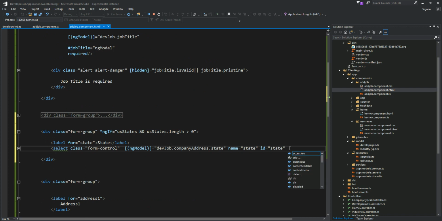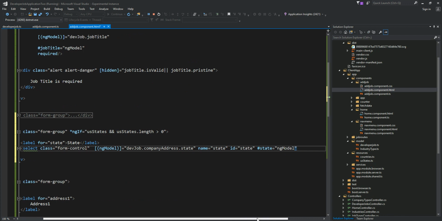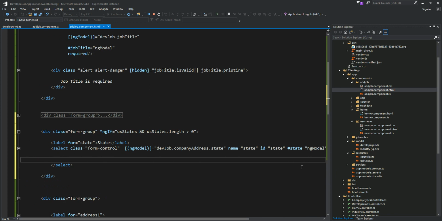And we're going to introduce our template reference variable as state and set it to ng model, just like a text box control, no difference. And this control is also required, so we're going to set required. Okay, so in here the option,